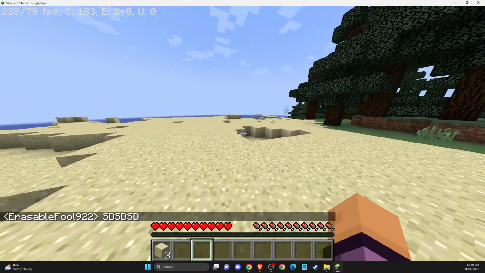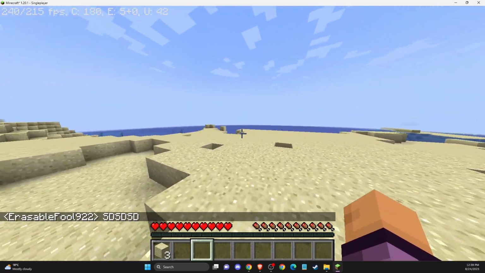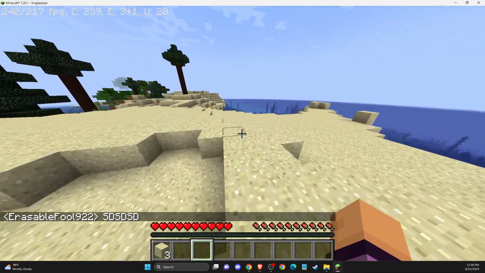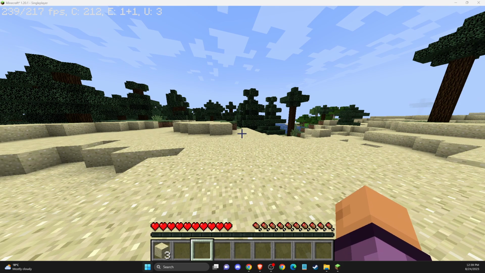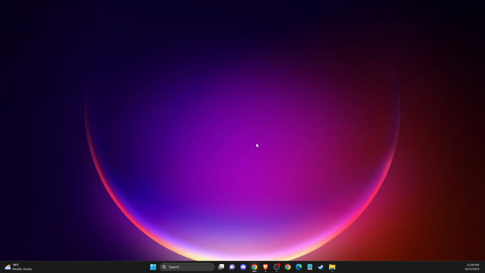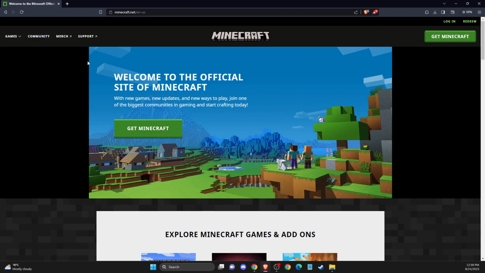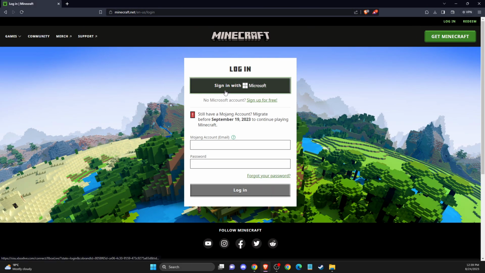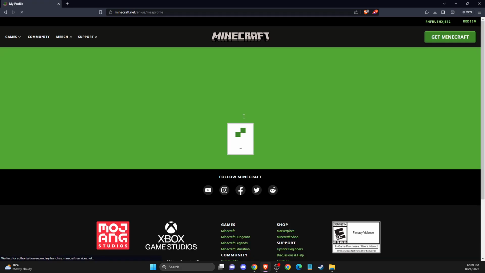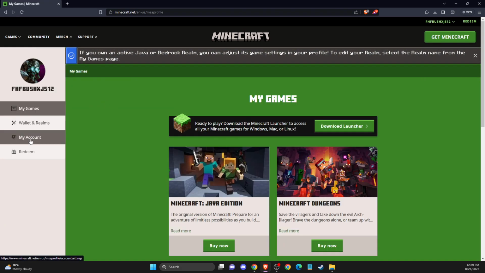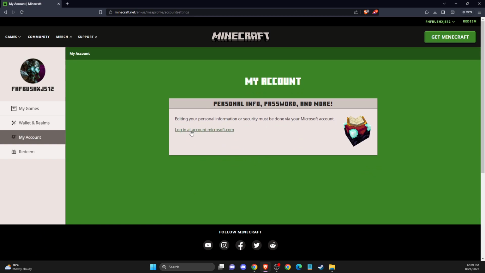But if for some reason this doesn't work, then it's something with your Microsoft account privacy settings. To fix that, you need to go to your browser, then go to minecraft.net, log into your account on the top right, and sign in with the Microsoft account or your email. And then we need to wait, then you need to go to my account, then login account